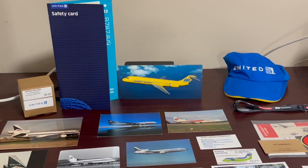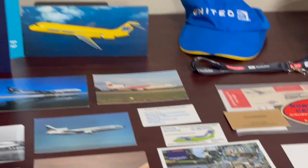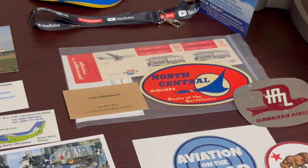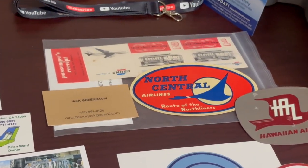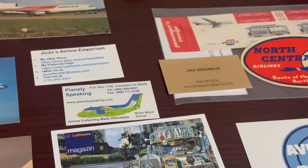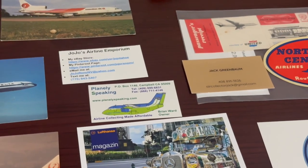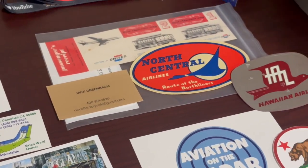There is my Hughes Airways DC-9 postcard right there. Next up, we do have the one-way ticket for the San Francisco cable cars from United Airlines, and you can also see some business cards right there. These are all the business cards from JoJo's Airline Emporium, and plainly speaking, there's some of the paper prints